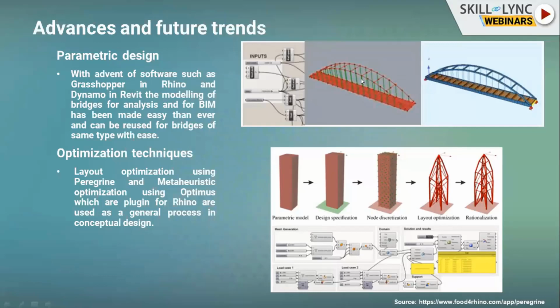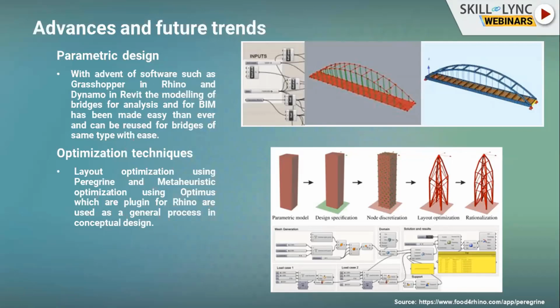This bridge might look simple, but in certain other cases it might be very complex, where we have a large number of cross beams and a large number of bracings. In that case, this parametric model could be very helpful if you're going to use it repetitively. That could be a large project where you have like 20 kilometers of bridges, for instance MTHL, Mumbai Trans Harbour Link, which is almost a 20 kilometer bridge from Navi Mumbai to Mumbai.